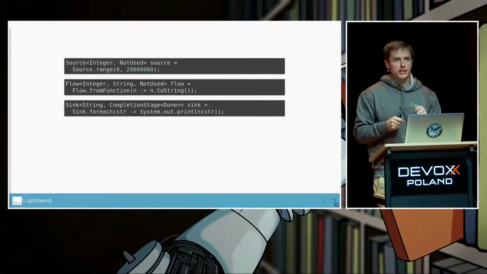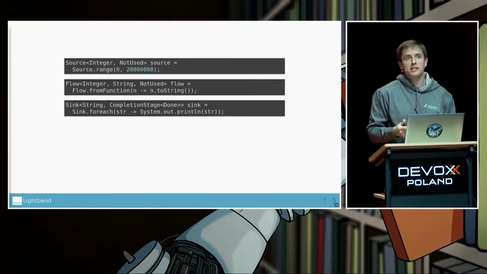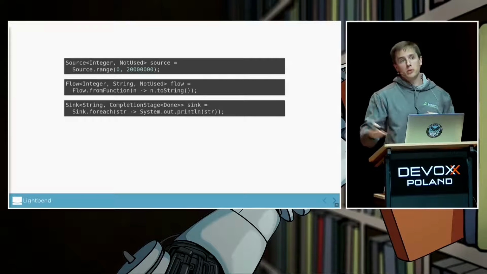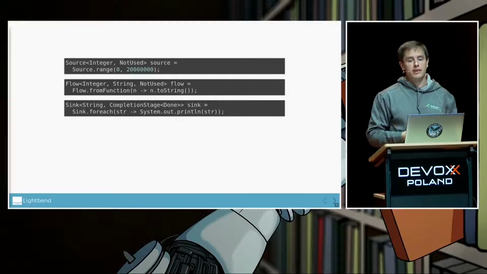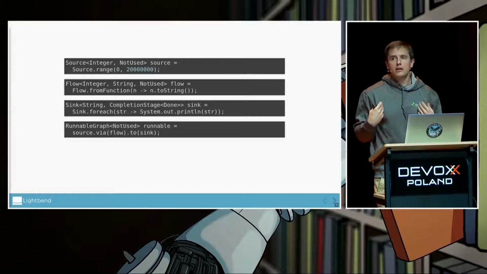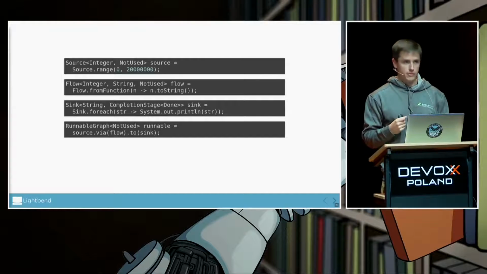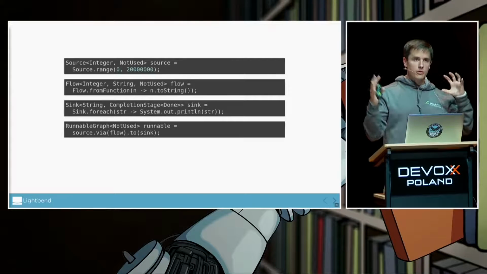Because once we run this stream, it's just something happening over there. But here, you get back a CompletionStage which will complete when the stream has run out of elements. All of this is just a recipe. So unlike a CompletableFuture or a Scala Future, which is eager, as soon as you kick it off, it starts, you can reuse these bits of code. And then you wire them together.